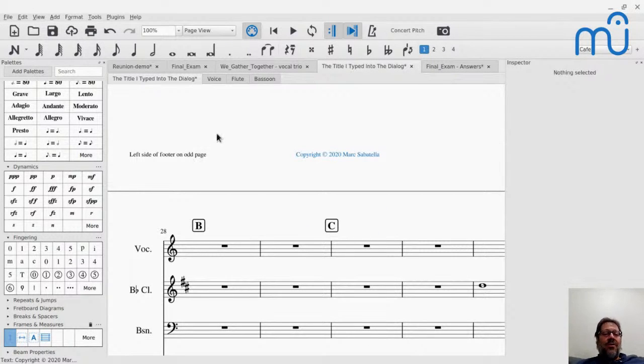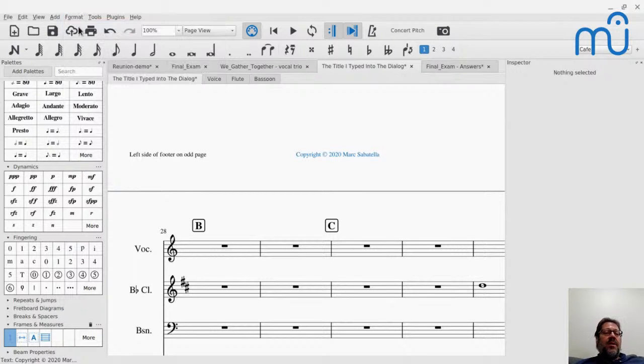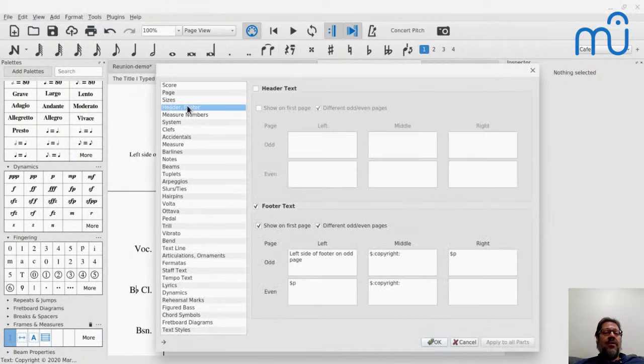So that's how you do headers and footers. And again, to get back there or to get to the header, it could be style, header, footer. So that's that. So I've now showed you every type of text in there and talked a little bit about all the different sort of unique properties of them, as well as kind of the basic things that apply to all texts. So those are some things.